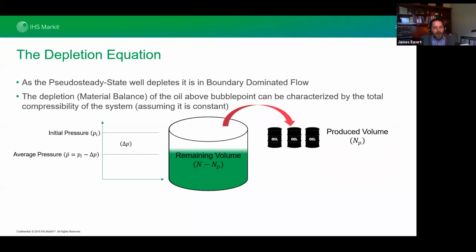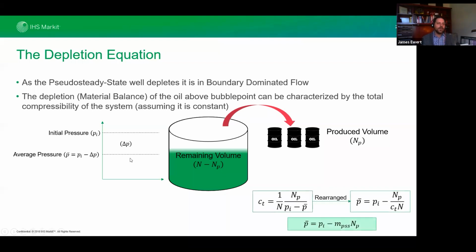But notice that when we take that oil out of that tank, our pressure has to change. It has to agree in terms of reservoir signal. It has to agree in terms of material balance. And so we change the pressure by delta P. So it was at PI, we changed it by delta P. So what's the new pressure? Well, it's PI minus delta P. That's the difference. And so we can keep depleting and keep depleting through time.